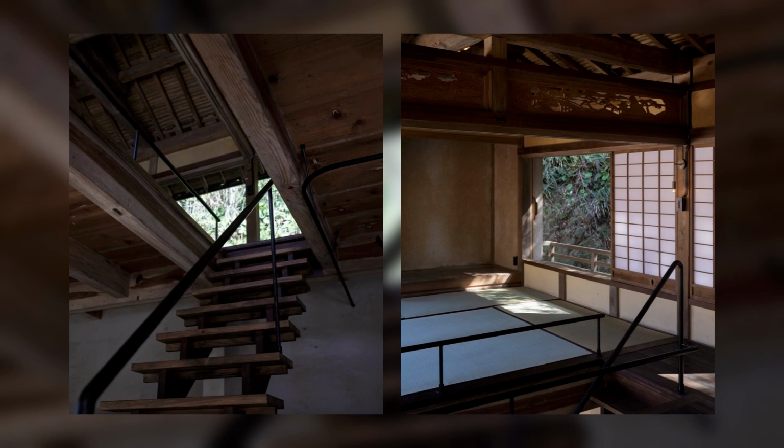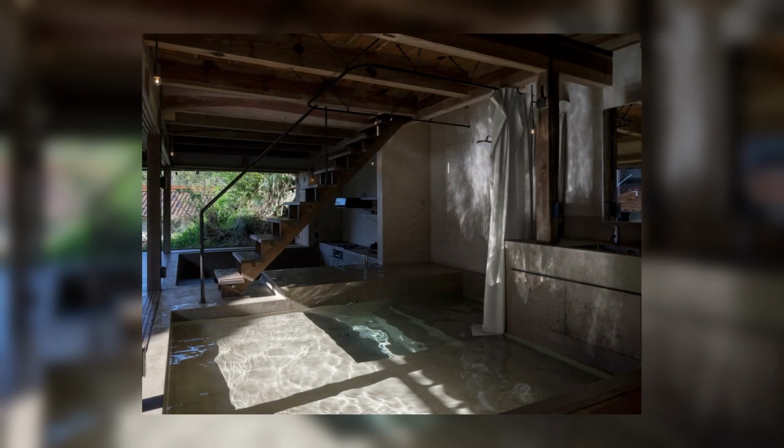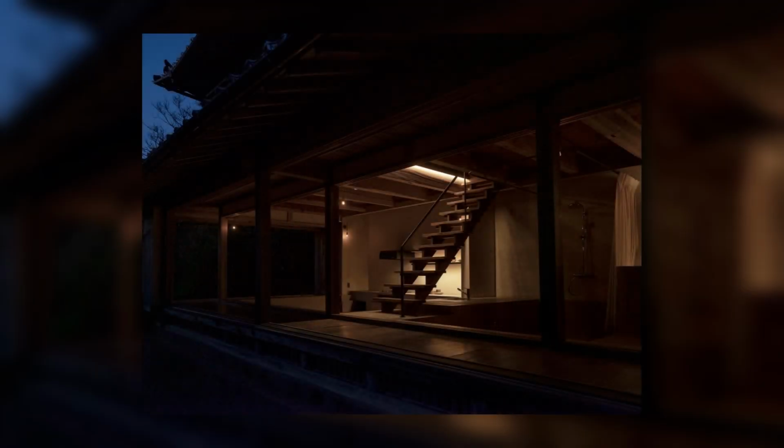The client wanted visitors to the fishing village, which is characterized by its stone tile roofs, to experience the local climate and culture, including nature, as it is. By reinterpreting the idea of the traditional Japanese earthen floor and placing the functions of daily life, such as cooking and bathing, in a space on the ground floor that was dug into the ground and made into a single